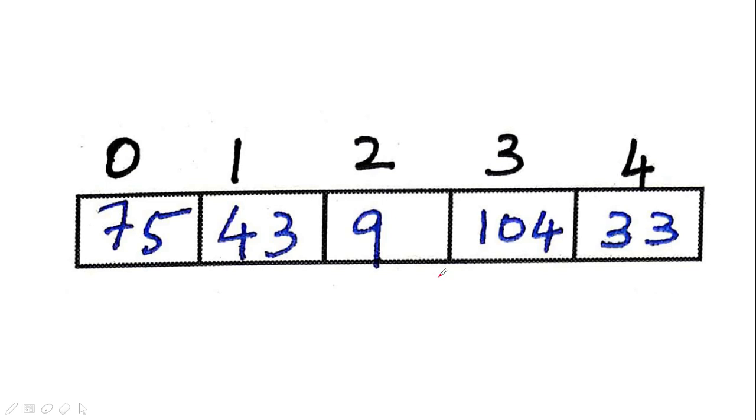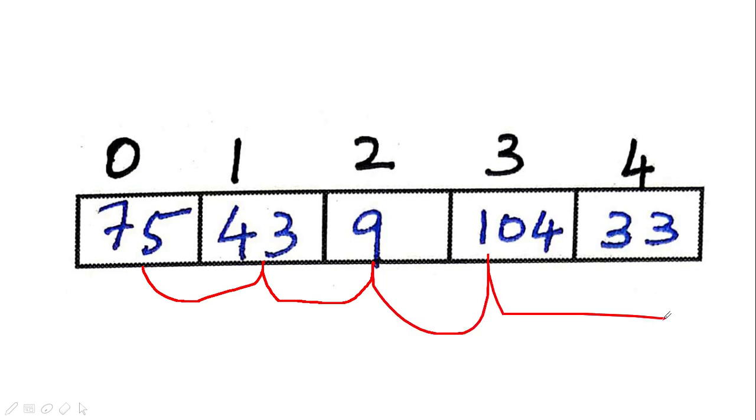In bubble sort, the idea is that in each pass you compare the element with its next element, the element to its right. So first I will compare the element at index 0 with 1, and then the element at index 1 with 2, and then 2 with 3, and so on. That is, the adjacent element to the right is compared with the element which is currently there. This is the basic idea of bubble sort. So bubble sort will go on like this.